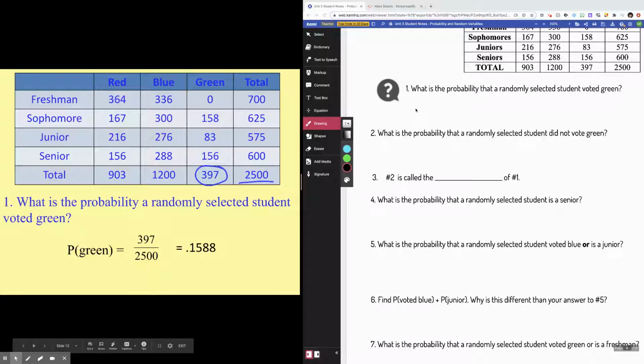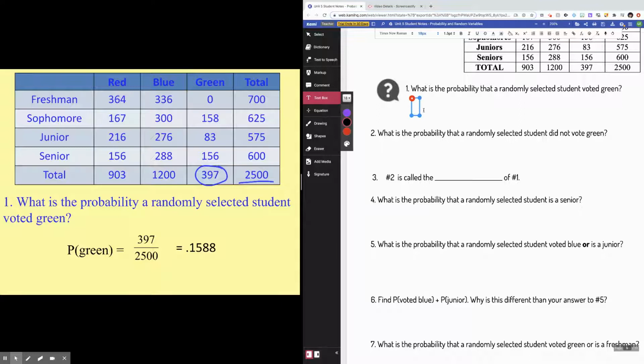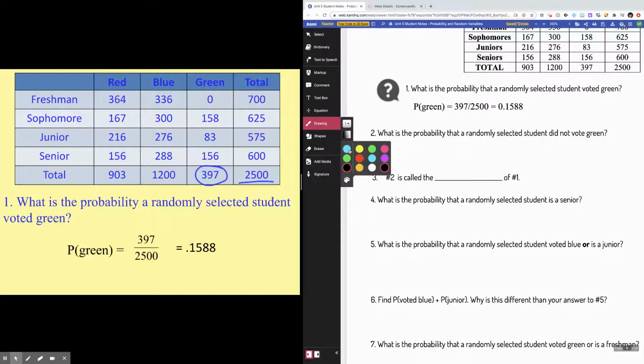Okay, but there are a couple of things that you have to indicate when you answer these problems. The first is that probability notation. Okay, so I have to write probability of green equals, and then you can write your fraction, 397 divided by 2,500. Okay, and then I went ahead and figured out what that decimal is, 0.1588. Usually it's a good idea to figure out what the decimal is, but it would be okay if you didn't, right? Like you could just answer this with the fraction, right? But the reason that this is so important,